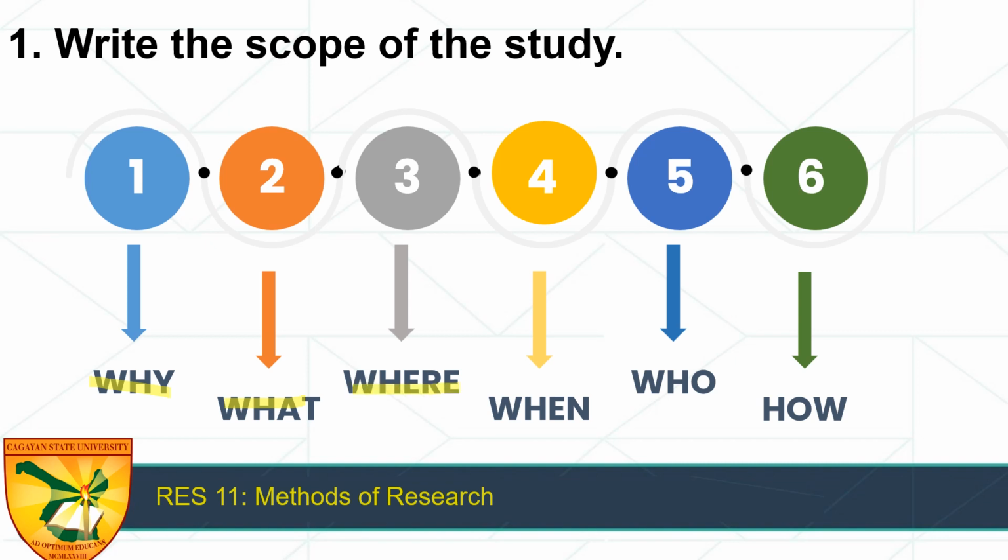For where, this is the location or setting of the study, for example, where the data will be gathered or to which entity the data will belong. For when, this is the time frame within which the data is to be collected. For who, this is the subject matter of the study and the population from which they will be selected. And these populations need to be large enough to be able to make generalizations, especially for those who will do quantitative research. And for how, this is how the research is to be conducted, including description of the research design,